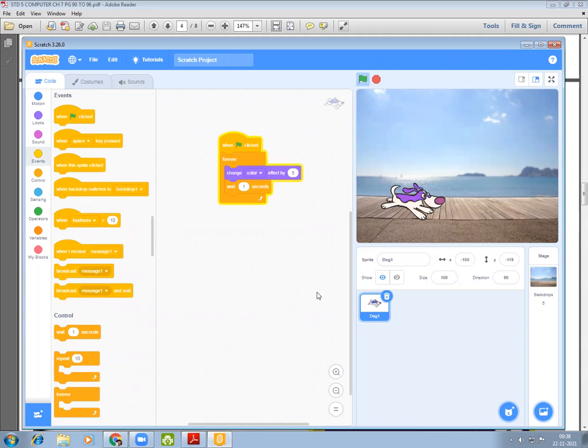As you can see, the color of this dog is changing forever, every 1 second. It will not stop until I click on the stop block here. If I click it, then it will stop. Otherwise, it will run forever.